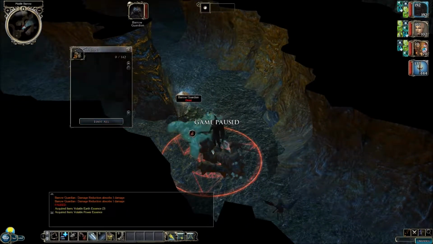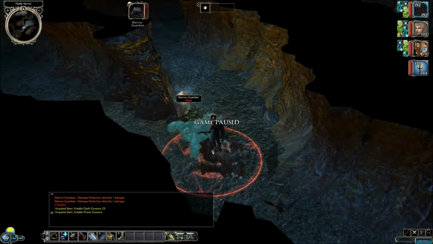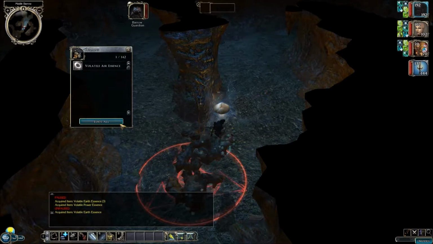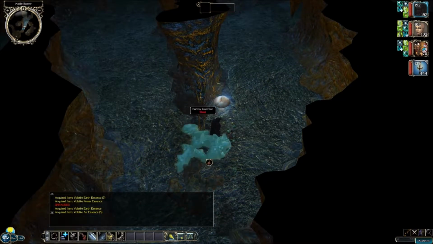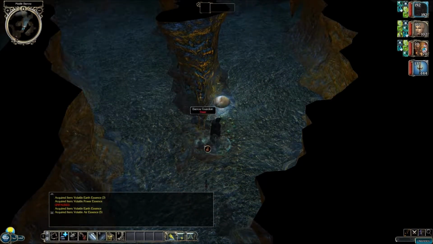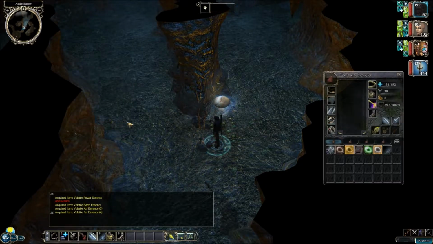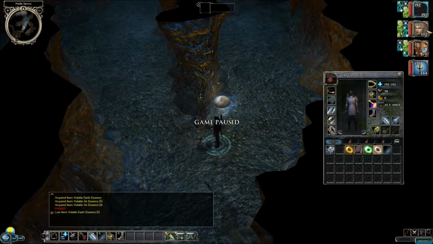Alright, so let's get some of these things. We've got some volatile earth essences, a volatile power essence, another volatile earth essence, and 5 volatile air essences. 4 more volatile air essences. Let's give all these to Safiya. Now, you can't do anything with these volatile air essences, but once you get 8 of them,